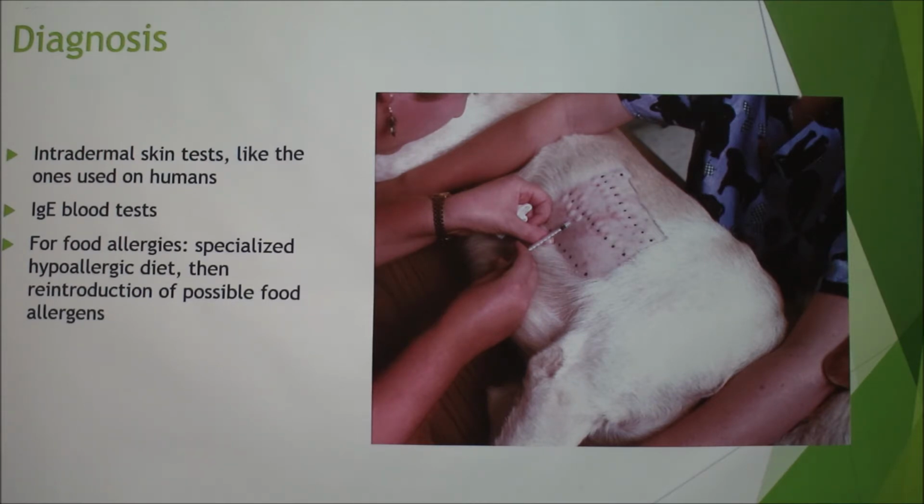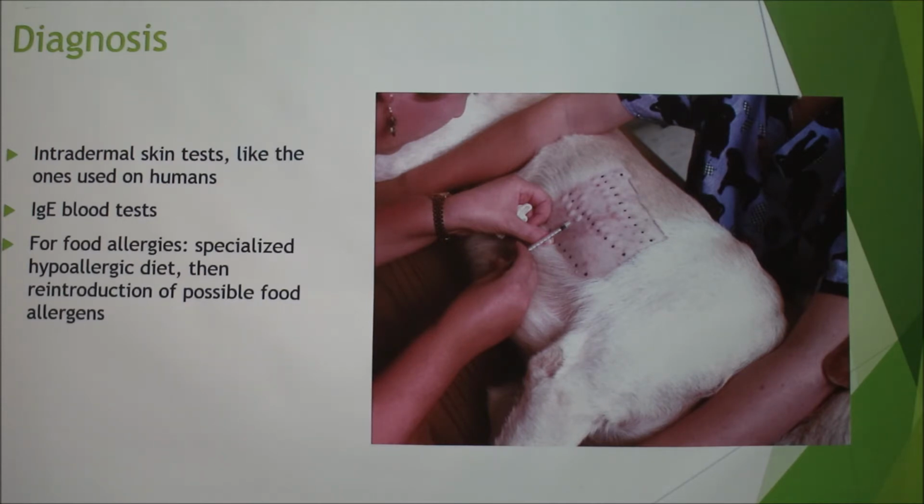And then for food allergies, there's not really a certain test that you can do, so this is done more experimentally. The dog is usually given some kind of hypoallergenic diet, and they have things in it that the dogs likely haven't already been exposed to, so they wouldn't be allergic to it. So a lot of them, instead of using beef or chicken, they'll use duck or fish, or some of them even use kangaroo. Then they have to be on that diet for 12 weeks until all their symptoms go